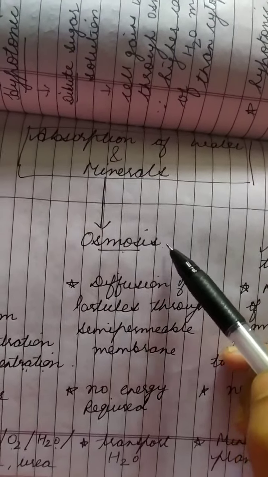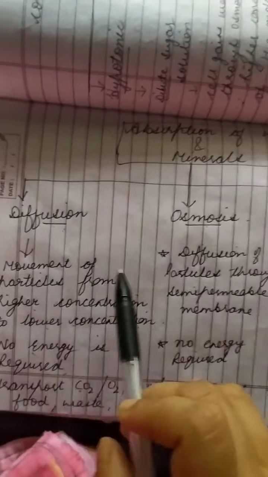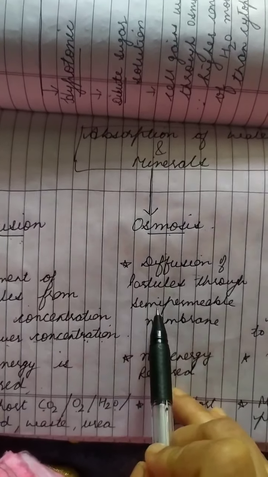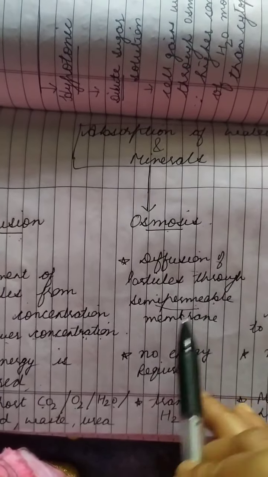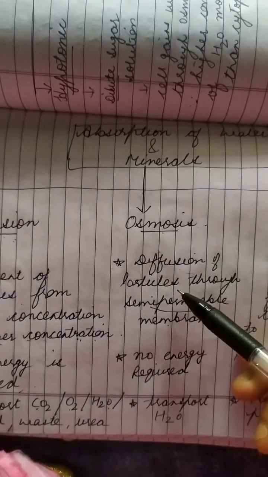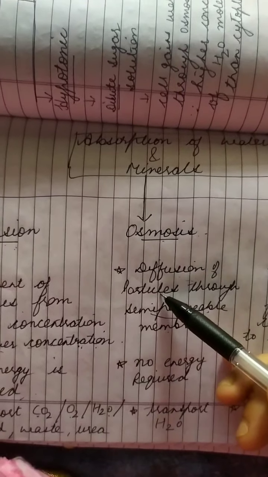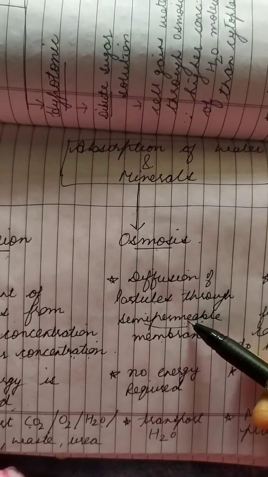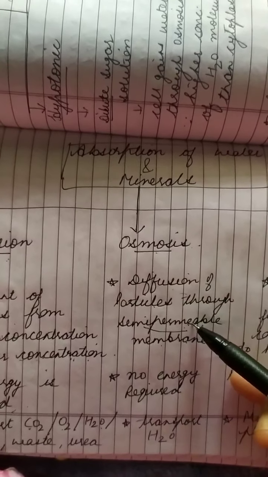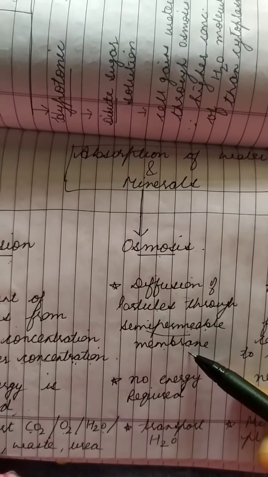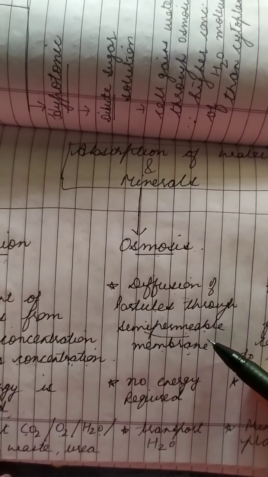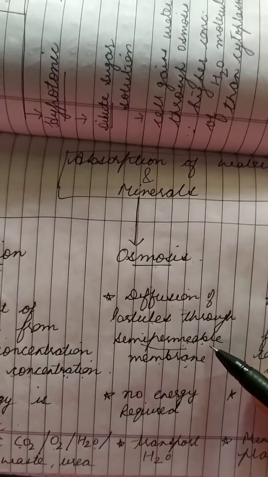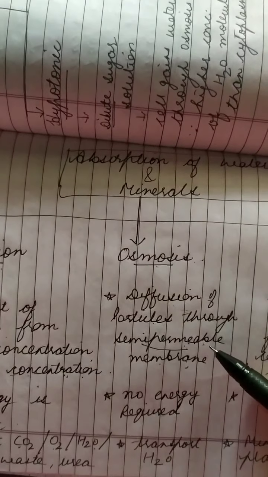Next is the process of osmosis. Osmosis and diffusion are generally the same, only one difference is the presence of the semi-permeable membrane. So it is diffusion of particles from higher concentration to lower concentration in the presence of a semi-permeable membrane. What is the semi-permeable membrane? It is a thin membrane which allows only particular particles to pass through them, such as allowing only water molecules